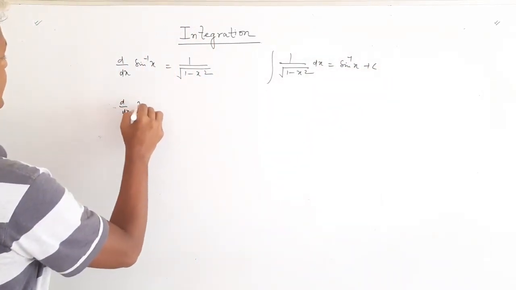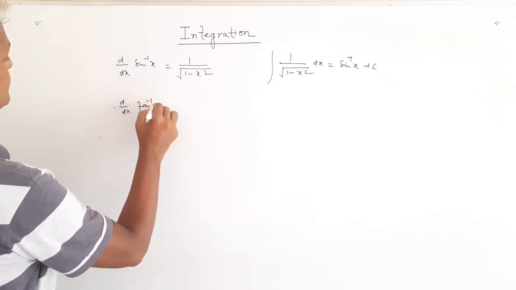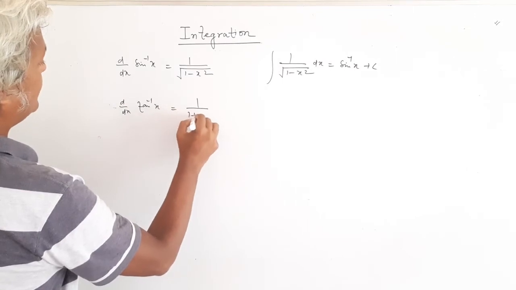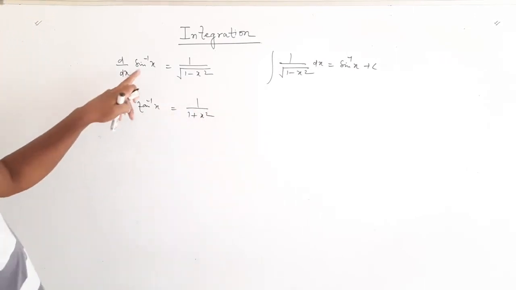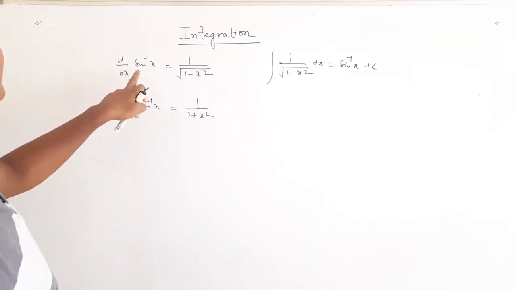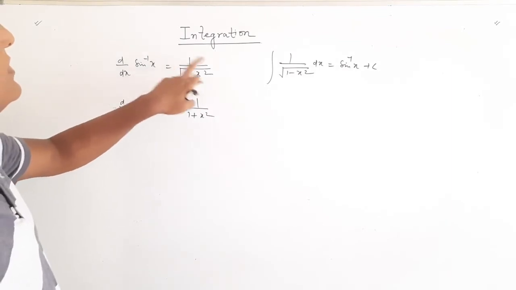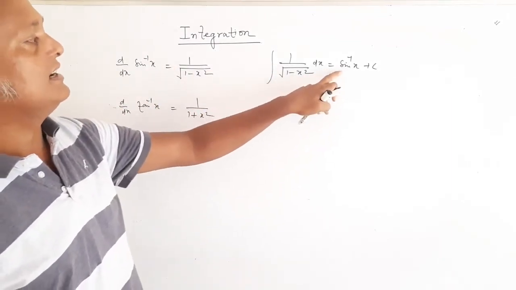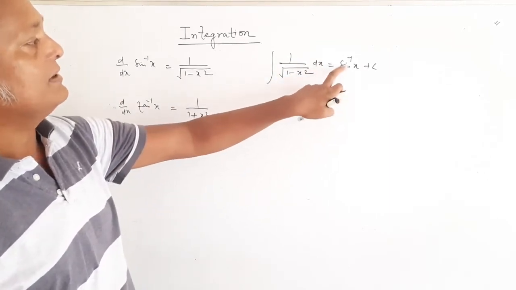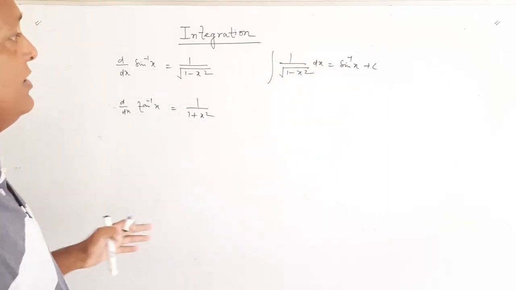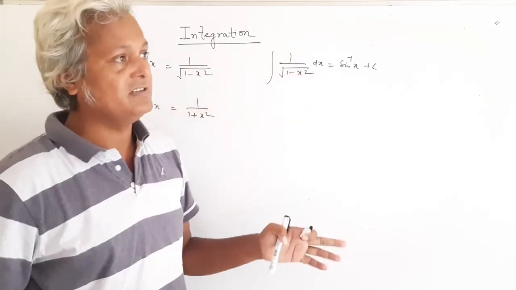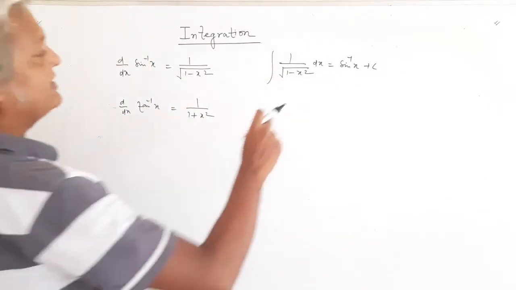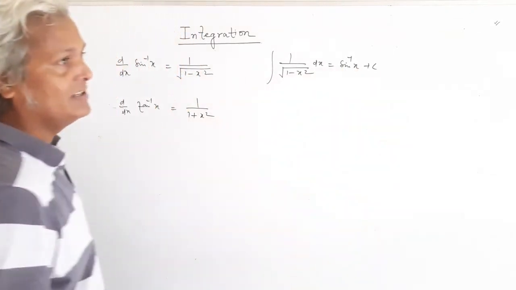Differentiation of tan inverse x is 1 upon 1 plus x square. I'm not writing cos inverse x because differentiation of cos inverse x is just negative of this. So integration of minus cos inverse x can be minus of this one can be cos inverse x. And we know that sine inverse x plus cos inverse x equal to pi by 2 in a given domain. So the sine inverse x is always related to cos inverse x.